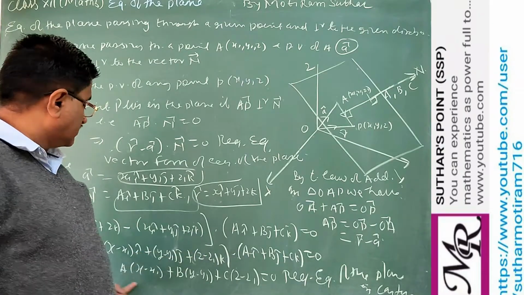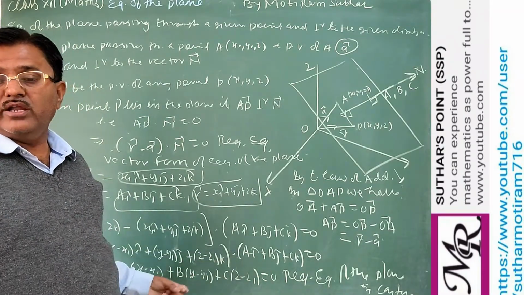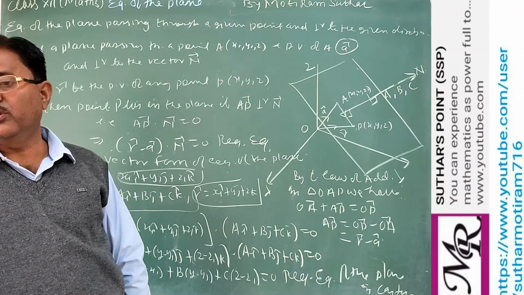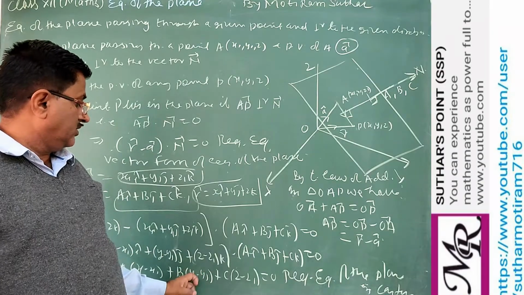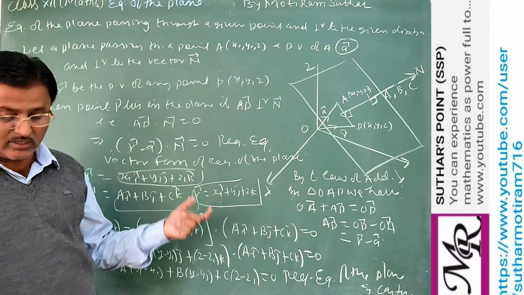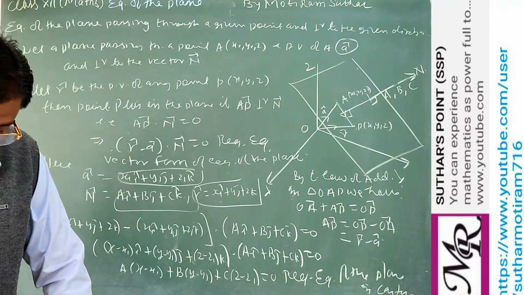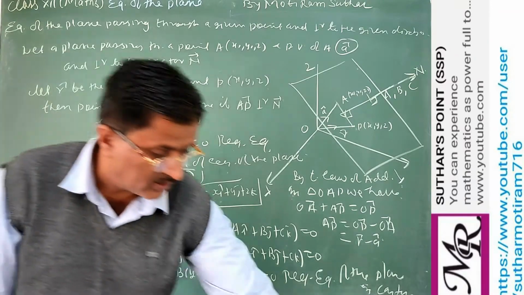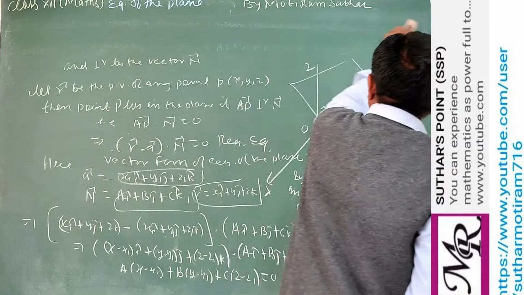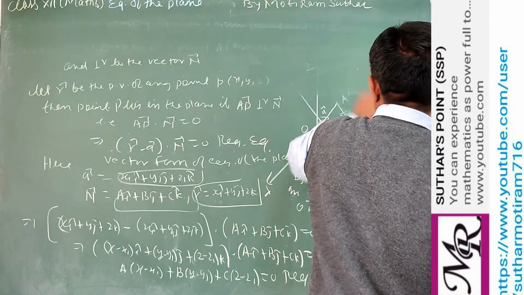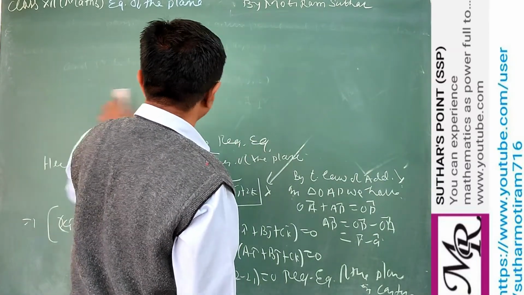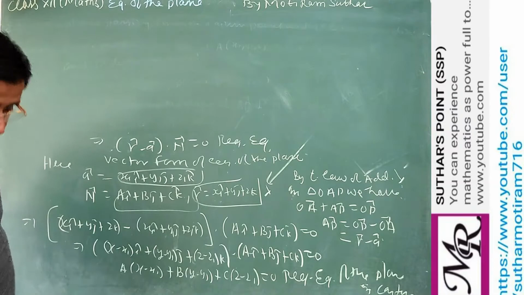Many problems, when we are solving 6-mark questions, we start with this equation of a plane passing through a given point. Clear? So this is very important. Similarly, the corresponding vector form will be (vector r minus a) dot n cap equal to 0. So we take one example related to this, which clarifies what form or what symbolical meaning we are using here. Clear? So we may write here example 17.